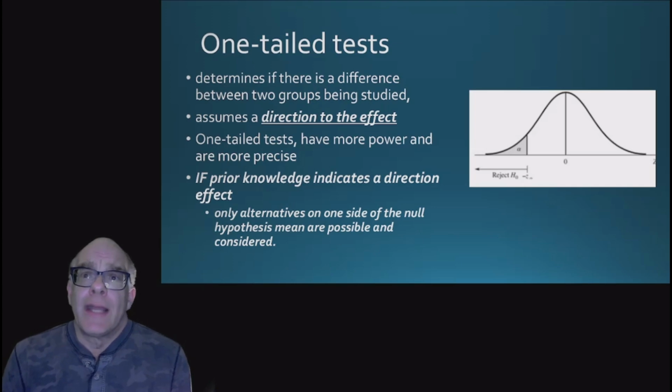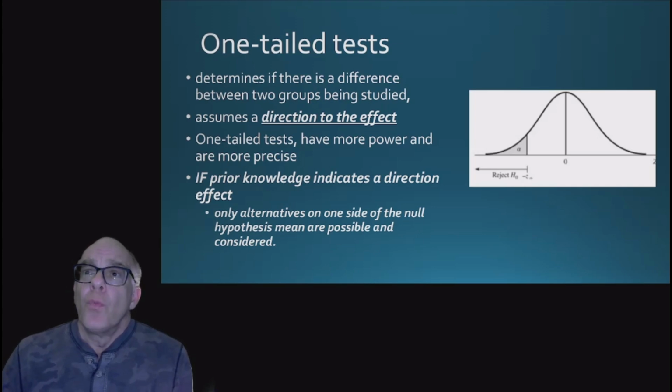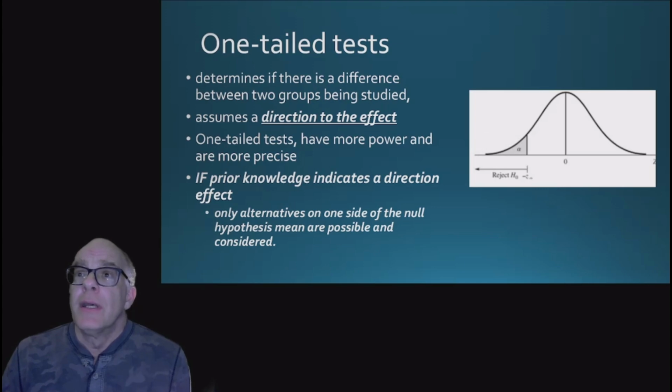And so if you're looking at the effects of fertilizer on the growth of a plant, you would expect that the fertilizer is going to promote growth, and you would have evidence then, prior knowledge, that there is likely to be a direction effect. With this, we can then look at one end of the curve. We can look at a one-tailed test, and this is going to give us more power and more precision because we're only looking at one side of the null hypothesis expected results